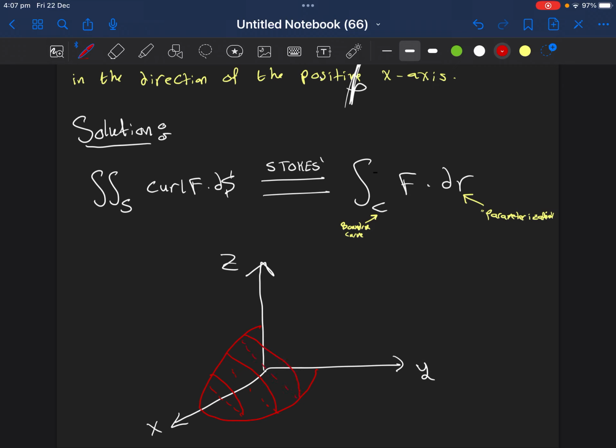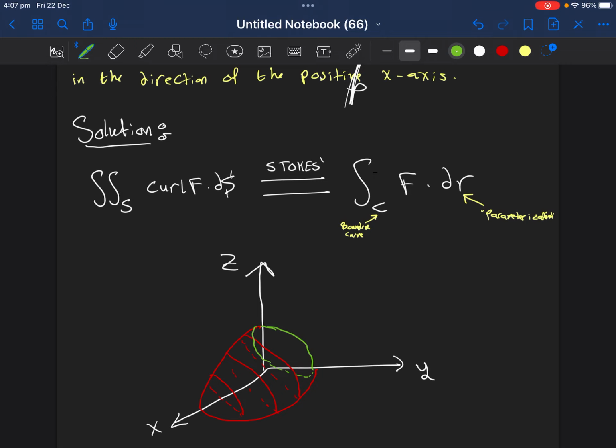Now this is the general shape for our surface S, and now we need to find the boundary. If you can see, the boundary will be here in the YZ plane, which is kind of the entrance for